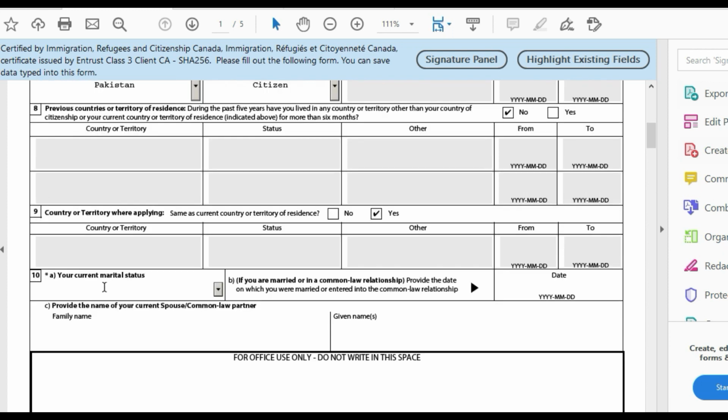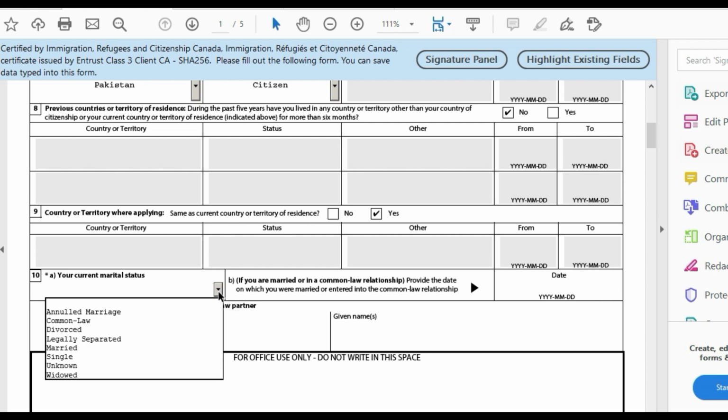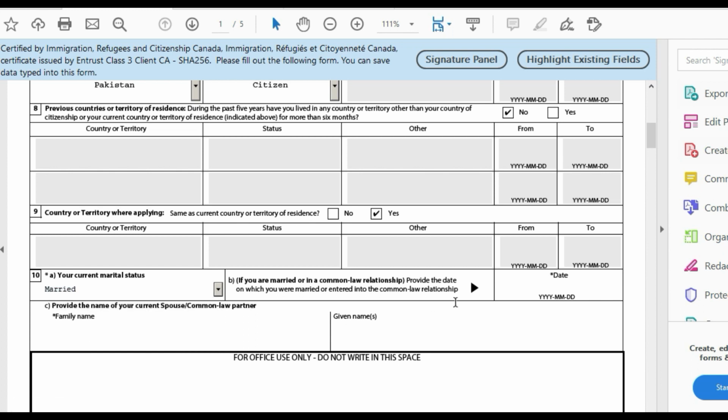Here it's asking your current marital status. If you are married or single, you have to select. I select married. Here I have to write down the married date. Write down the wife's name.